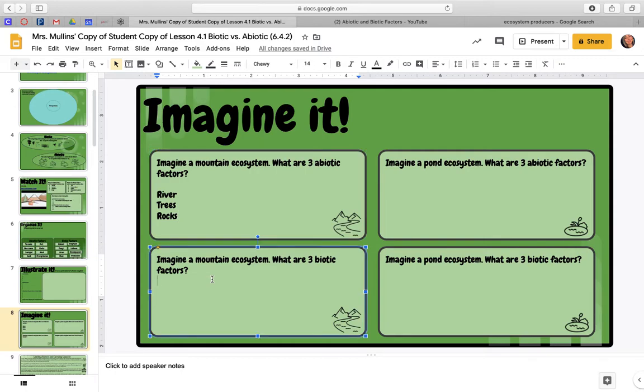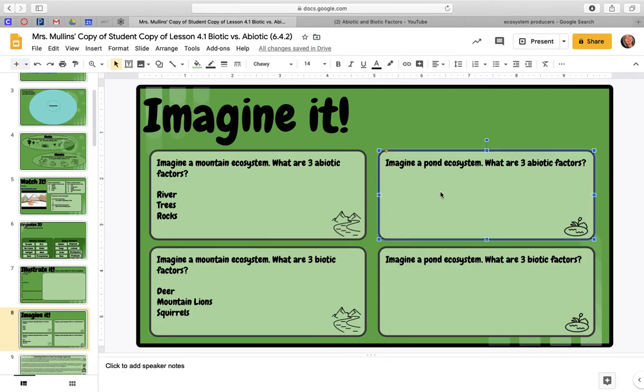So what are 3 biotic factors? Deer, mountain lions, squirrels. Am I spelling squirrels right? There we go. And then you were to do the same thing with a pond ecosystem. So I don't want to give you all the answers with that, but hopefully you have a good idea of,